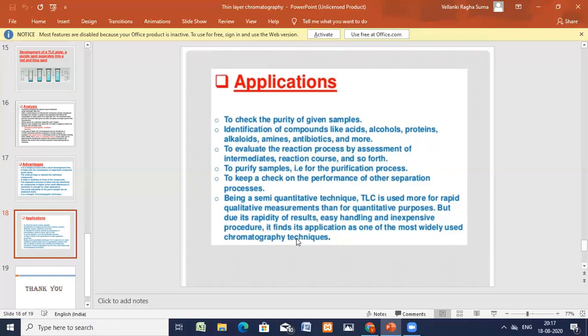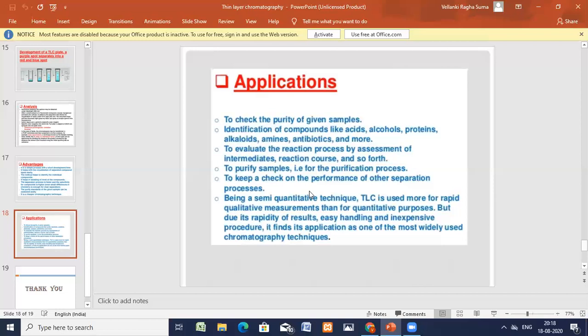So separation of sugars in fruit juices by TLC can be done. The solvent used is ethyl acetate 26 ml, isopropanol 14 ml, water 7 ml, pyridine 2 ml. The plate is dried in cold air and sugars are identified by spraying aniline and diphenylamine reagent. The plate is again heated to 100 degrees, and different colors can be seen. This is the best application, separation of sugars in fruit juices by TLC.